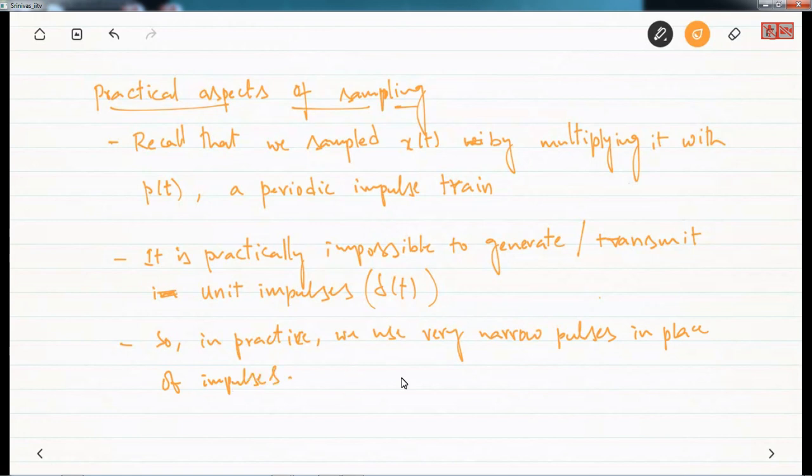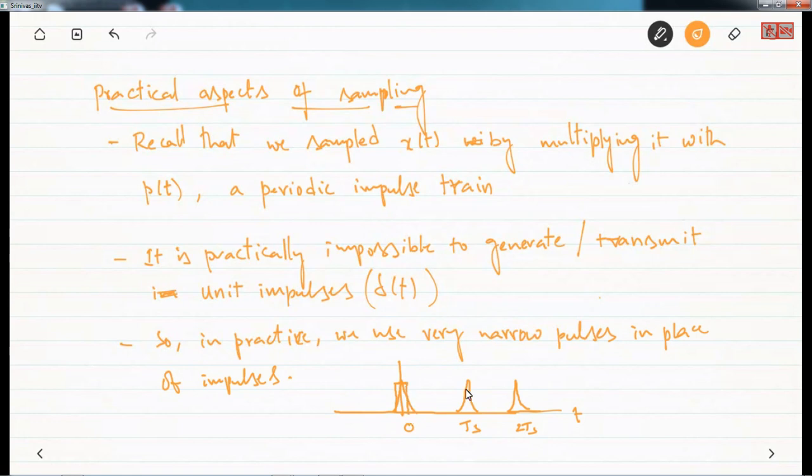Instead of an impulse, I might have a very short pulse, which is increasing like this and decreasing like this. Say this is 0, this is TS, this is 2TS, and so on. It is easier for us to analyze if we consider them